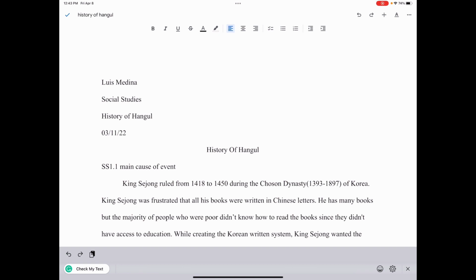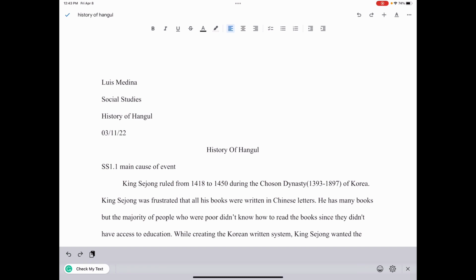So first they used Chinese, the Chinese written system, then they created Hangul because they wanted to be independent. They didn't have their own writing system, so they created Hangul,